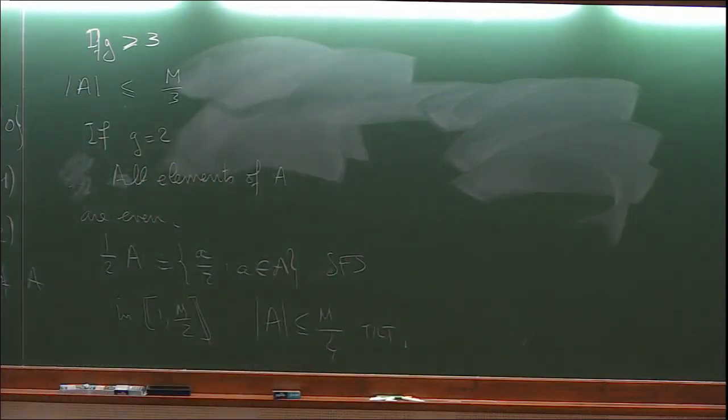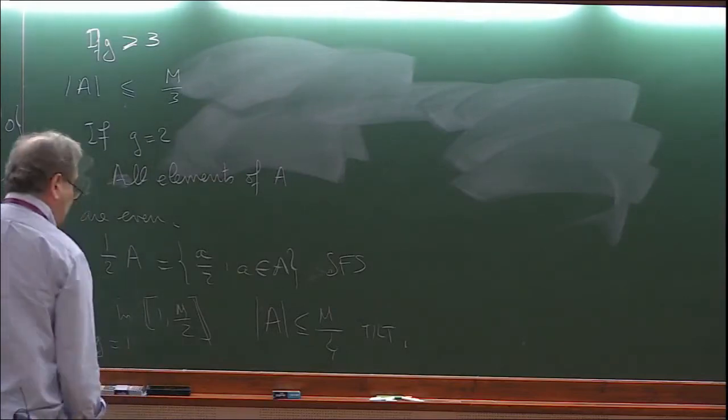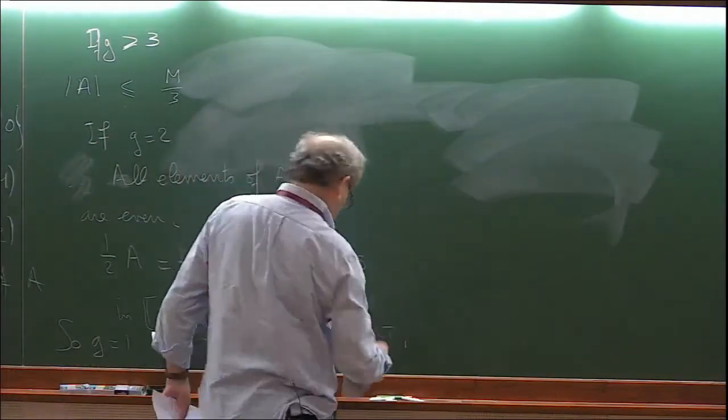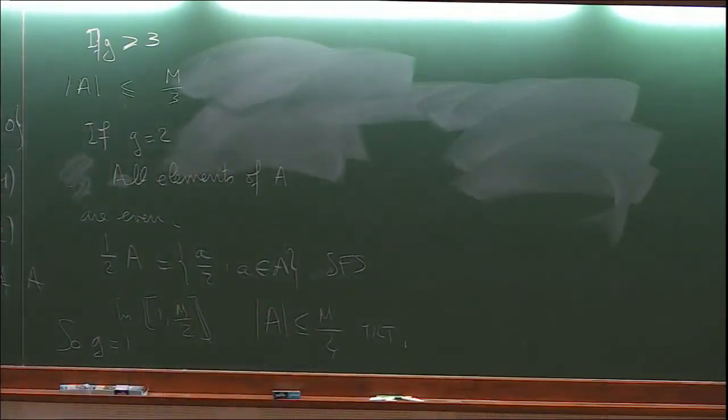Doesn't work. So G is not equal to 2, so you are sure now that G is equal to 1. So G is equal to 1, the GCD of all the elements is equal to 1. I am just concentrating the argument to say G is equal to 1, it is obvious.